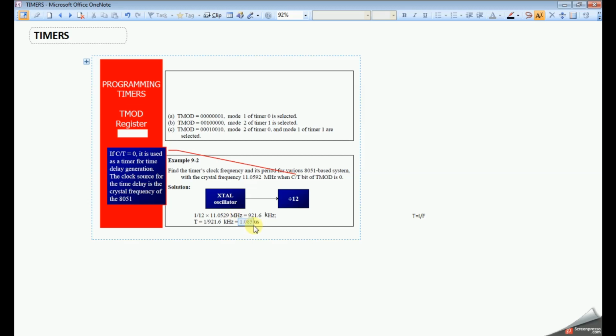We will use this value during timers programming. Remember this 1.085 microseconds, which we will use in our program while setting TL0 and TH1 values. That will be discussed in the next slides.